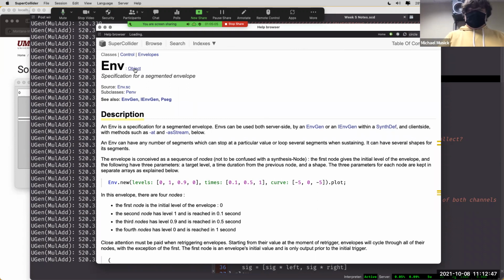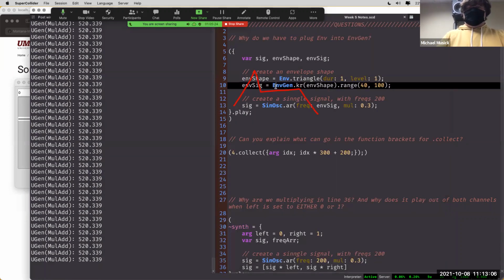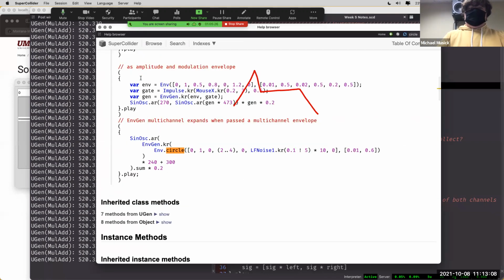So env is an object. In env.ADSR, it creates an ADSR object, but it doesn't know what to do with that object. It's just like some sort of shape that it's created. Then .ar takes that object and creates